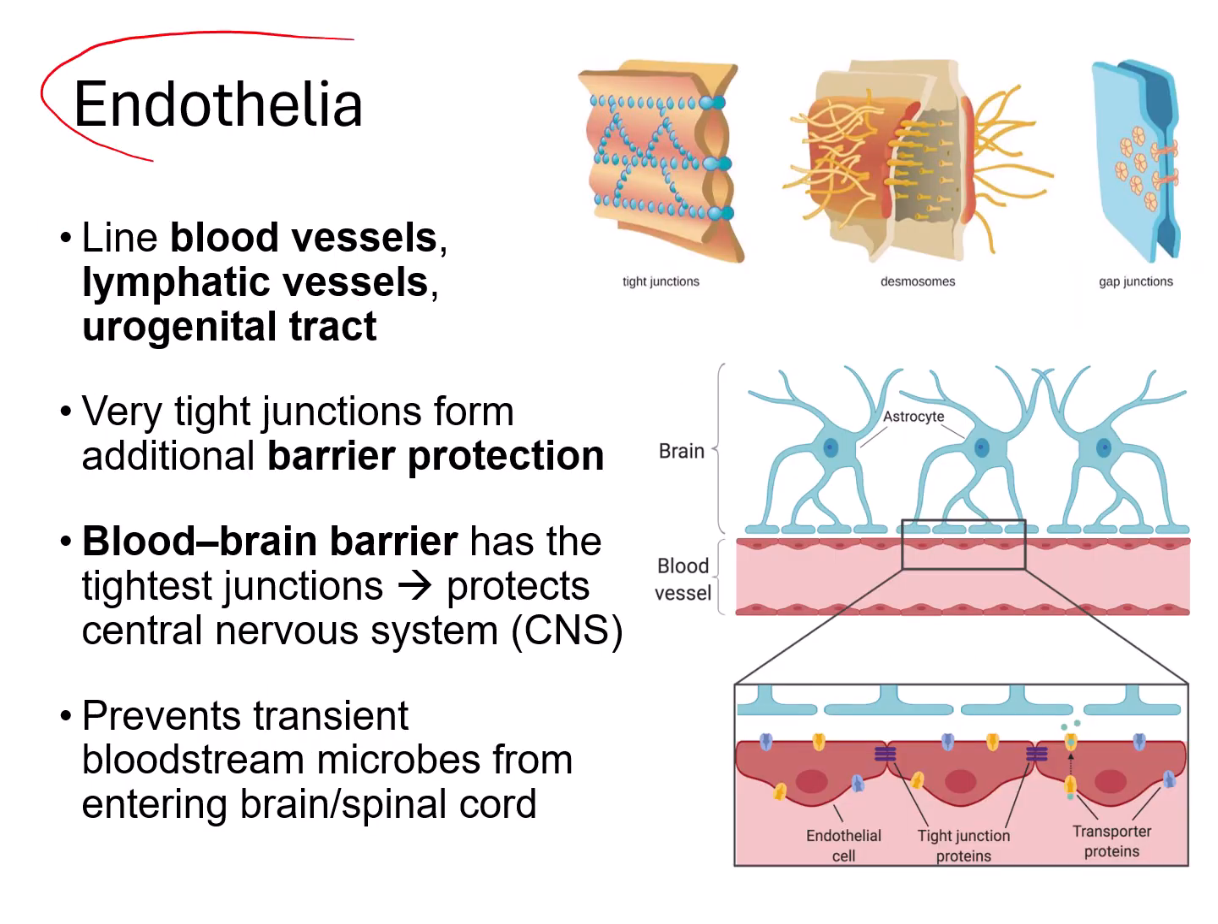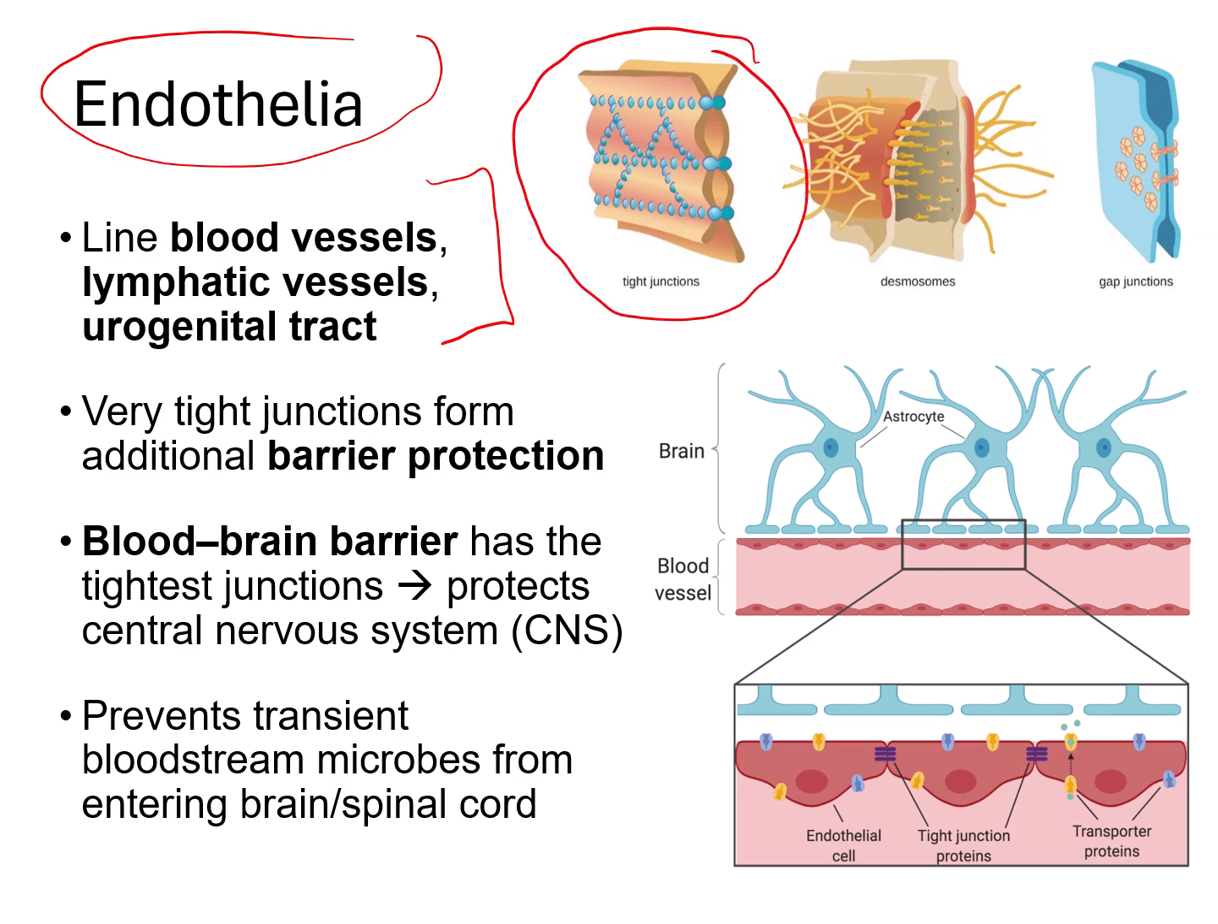The endothelia, or endothelial cells, line blood vessels, lymphatic vessels, and the urogenital tract, amongst other tissues. And these cells are tightly joined, so they're connected by tight junctions and create an internal physical barrier. The blood-brain barrier contains the tightest junctions in the body, and that will prevent, let's say we get microbes in the blood somehow, they will prevent the microbes from entering the brain or spinal cord, so that will protect